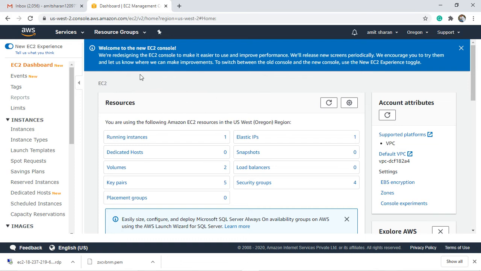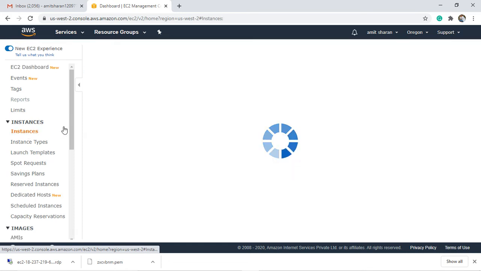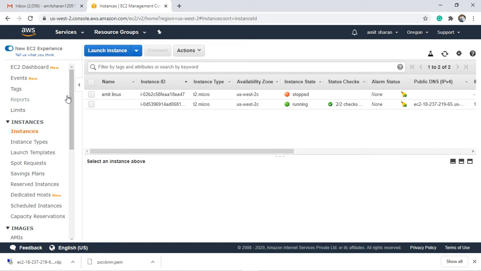This is the EC2 console. To create an EC2 instance, go to the running instances, or simply click on the instances. We can go through the running instances, or we can go through the instances. So I am using the instances here.